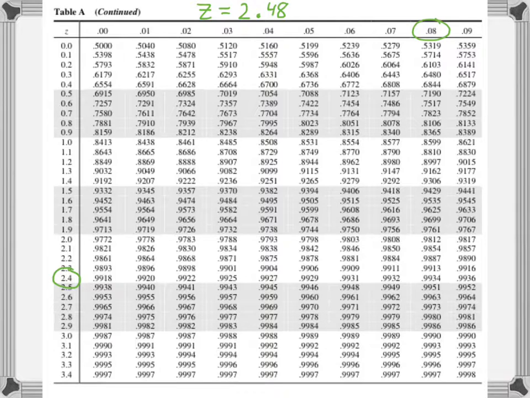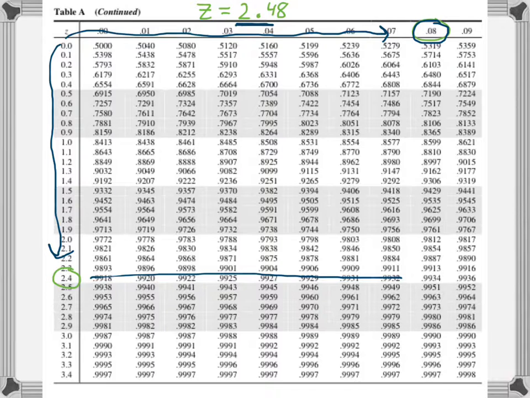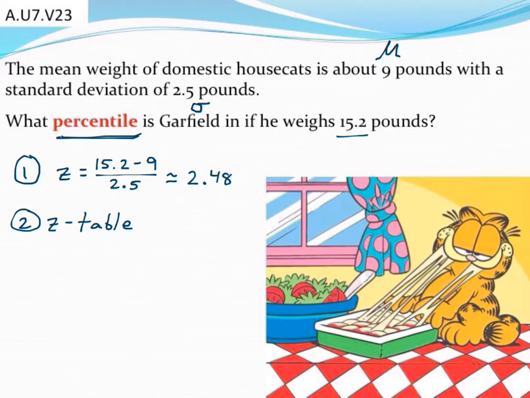We're going to look up in the vertical column the first couple digits. So we'll look down until we find 2.4, and then we'll look across horizontally for that last digit, which is the 0.08 over here. Finding where those two values intersect, way down here, we find this value. And again, if you can't see that, hopefully you can look at your own paper at home. I'm seeing 0.99